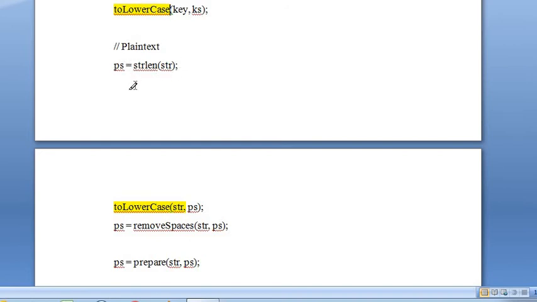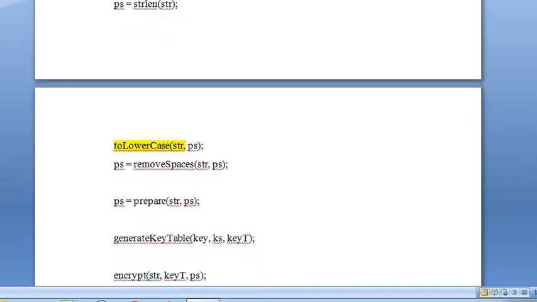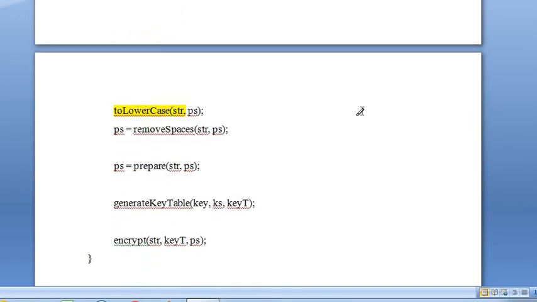Then the plain text we entered at the start, that is the key, and the instruments, their length has to be found, and that also has to be converted to lowercase. After lowercase, the empty spaces are also removed.